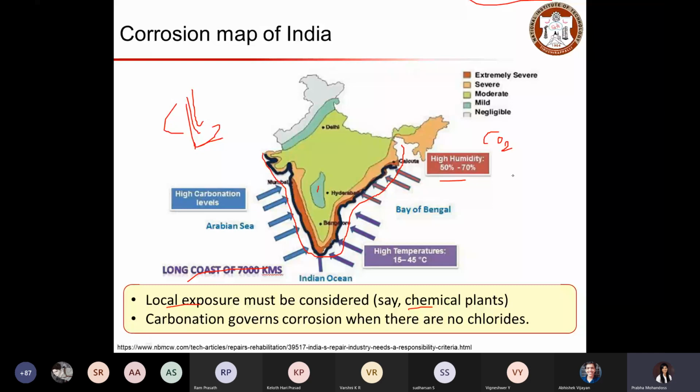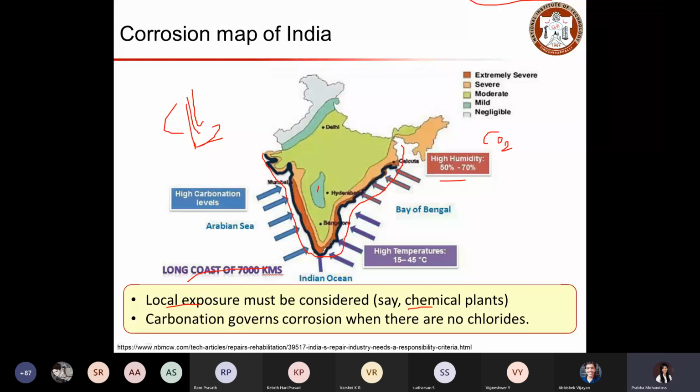So for carbonation to occur, you need an ideal environment in which the humidity ranges from 50 to 70%, and the temperature also plays a role in accelerating the corrosion. You can see the coastline in our nation is about 7,000 kilometers, which is significantly high.